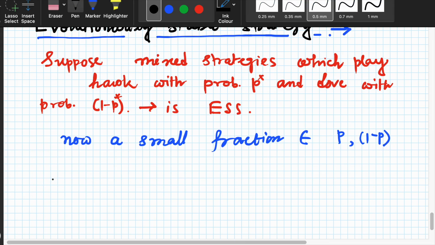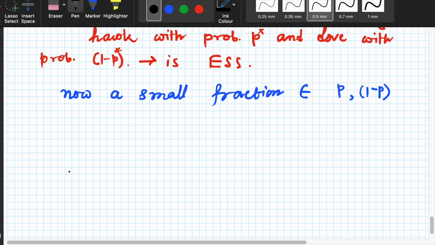Now what will happen when the strategy p star corresponds to the ESS? Let us think about this situation. So the first, it has to be, on average,